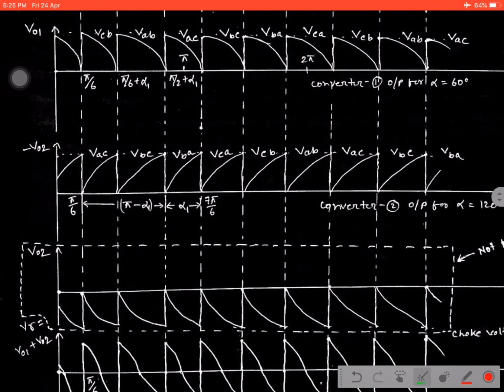Right? Now, how can circulating current develop? Obviously, there must be some difference in the instantaneous voltage developed by the two converters separately. That is why think about one particular region, suppose this region or this region. What happened? Before going into the topic, we make another axis, defined by this one, which is very needful to demonstrate the topic in an easy way.